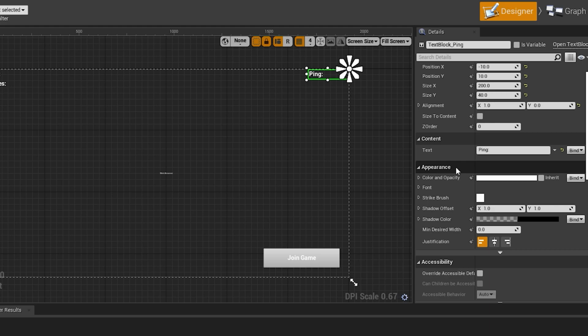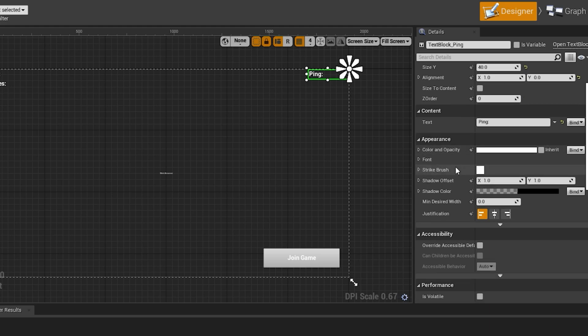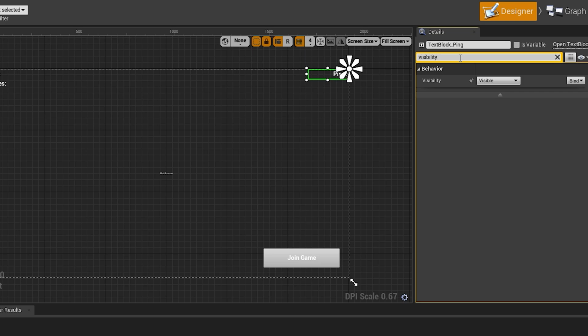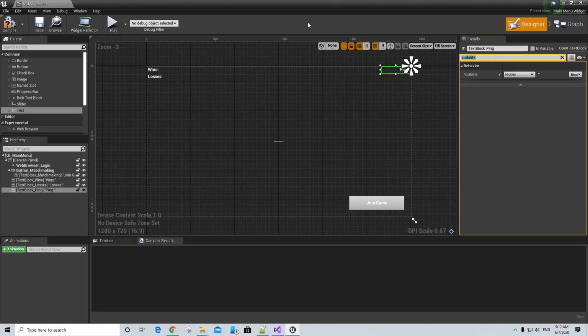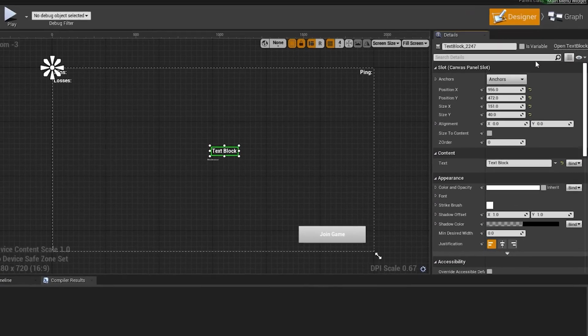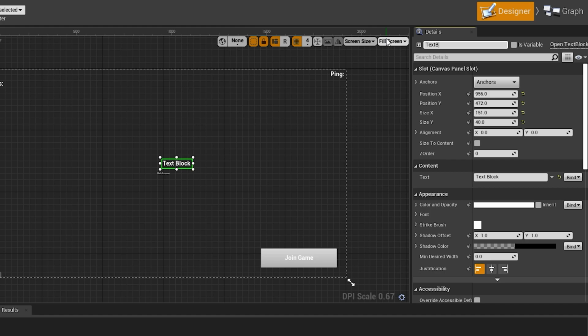So scroll down the details window and find the section labeled appearance. And under where it says appearance, by where it says justification, towards the bottom of the section, select the rightmost option. And lastly, set the default visibility of this widget to hidden. After that, we are going to add one last text widget for this widget blueprint. So go back to the palette menu and drag one more text widget to the canvas panel. Go back to the details menu and clear out the search bar and name this widget text block underscore matchmaking